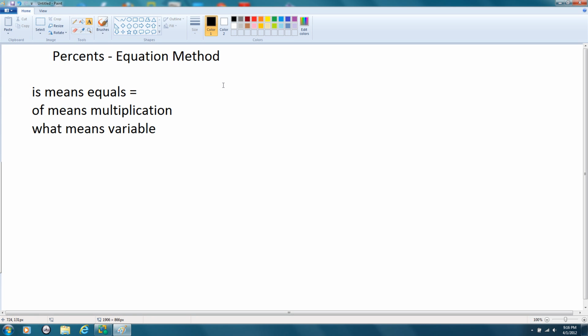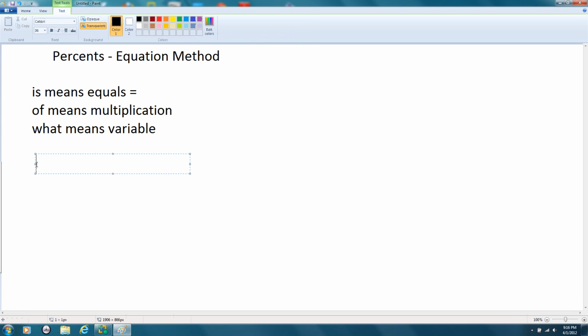A lot of people, including myself, sort of like the equation method more. But in the test, I actually force you to do both ways, both the percent proportion and the equation method. I'll specify which method I want you to solve something by. So we had our original problem, you may have recalled, was